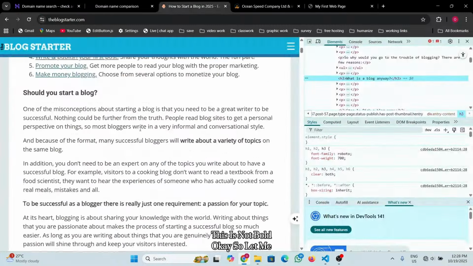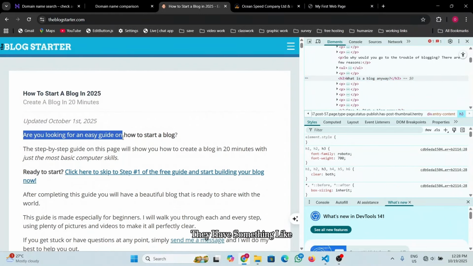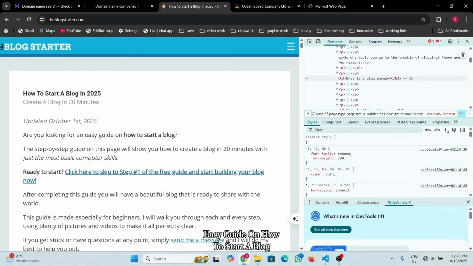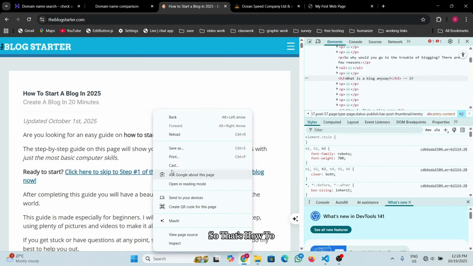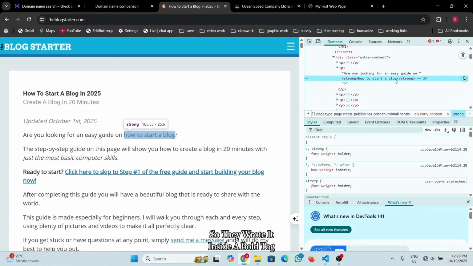Okay, so let me show you. As you can see, they have something like that. Are you looking for an easy guide on how to start a blog. So that's how to start a blog is in bold tag. So they wrote it inside a bold tag. Okay,